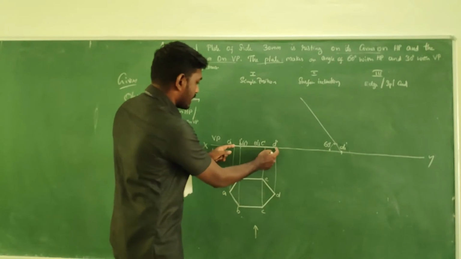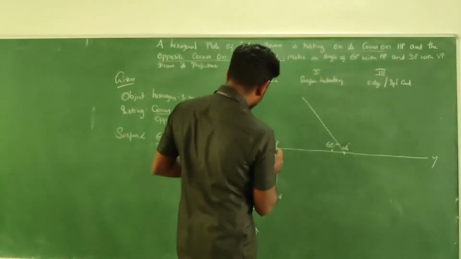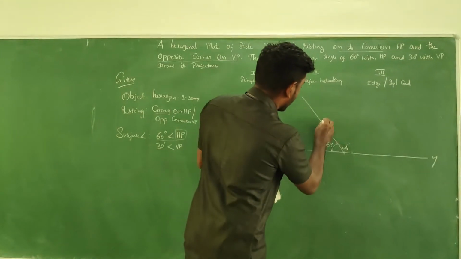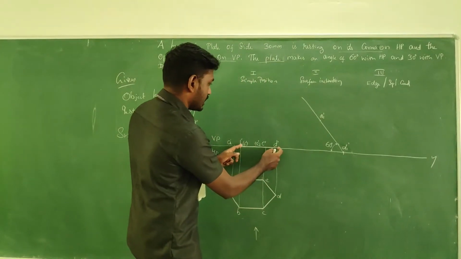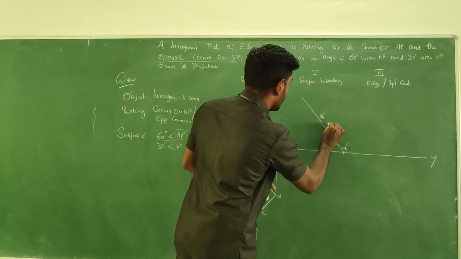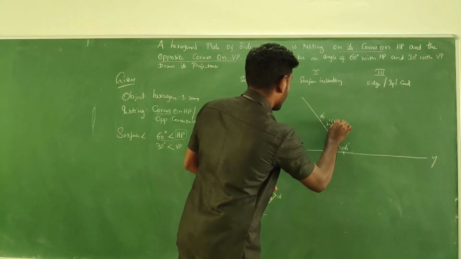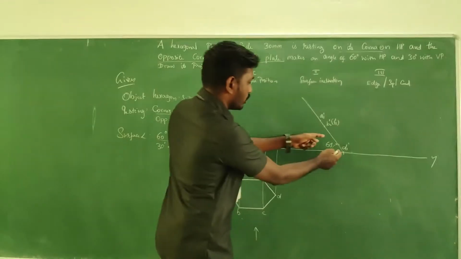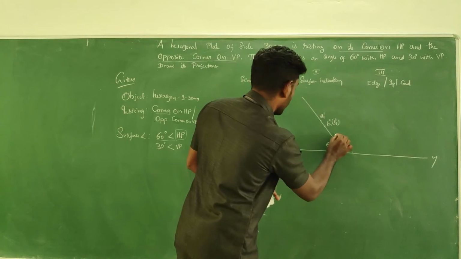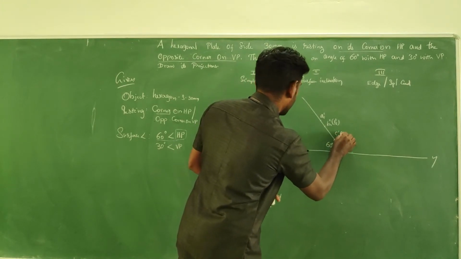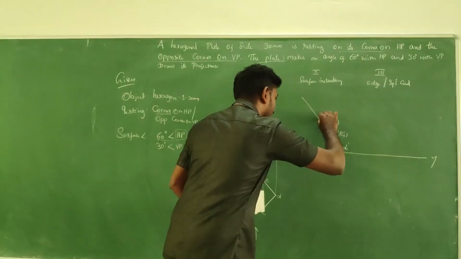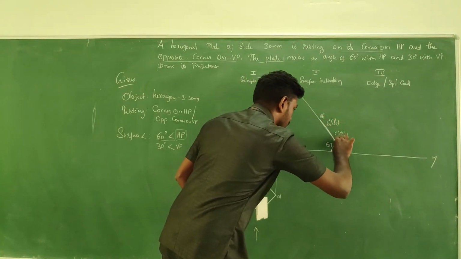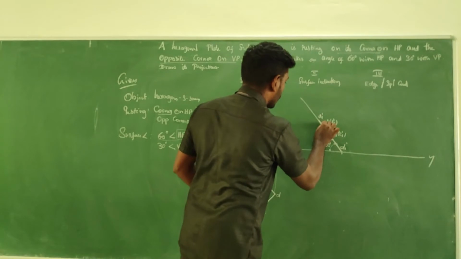So I am taking the measurement D to A, go for a cut mark. So this is the exact measurement, go for a cut mark. Here you will get A1 dash. Take the measurement, transfer it, here you will get B1 dash and F1 dash. Take the measurement D to C, just like this you will get C1 dash and E1 dash. Okay, so this is the view. So make it a dark one.